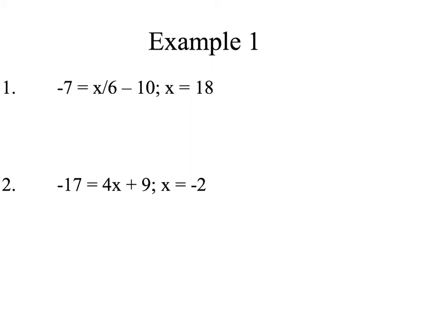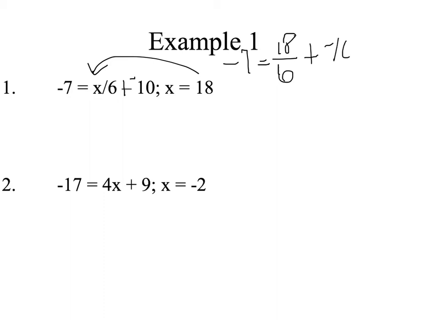So, once you've finished doing the work on your own, we're going to come back in and compare our answers. In this first problem, first thing I'm going to do is change that to a plus negative 10, changing the subtraction. Everywhere I see x, I'm going to plug in 18. So negative 7 equals 18. Oh, let me get my 8 right. There we go. Divided by 6